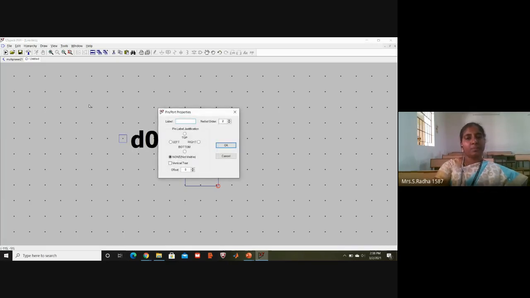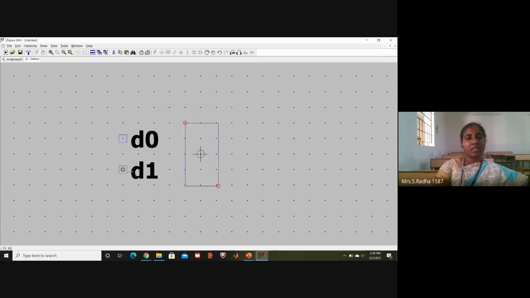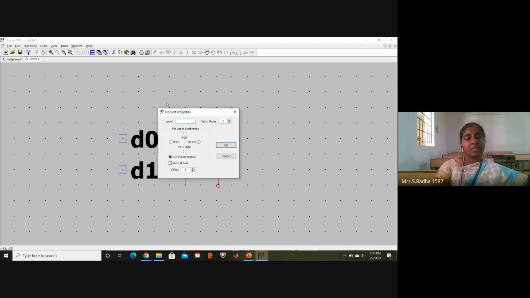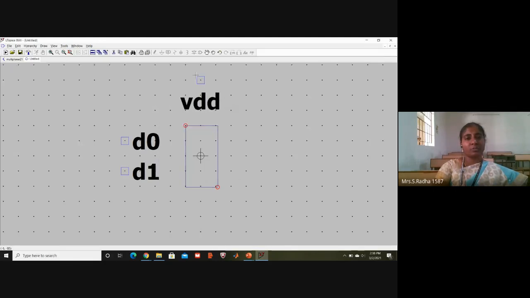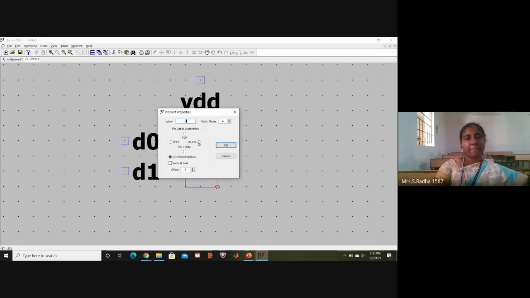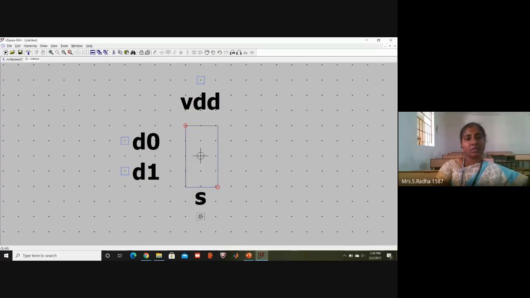Then again P from the keyboard. D1 is also another input signal, left side. So I will take one more input, D1. Then again P, I have VDD, one input on the top. Next again P, I have one selection line S, which is at the bottom.